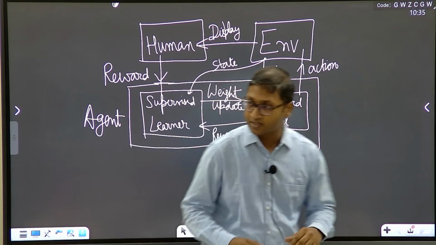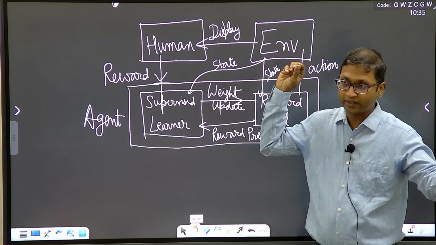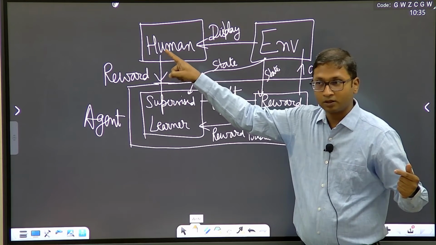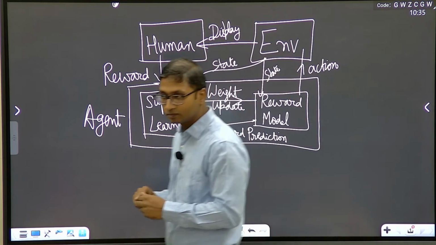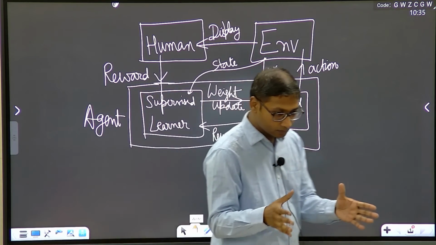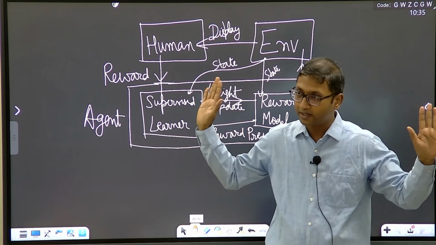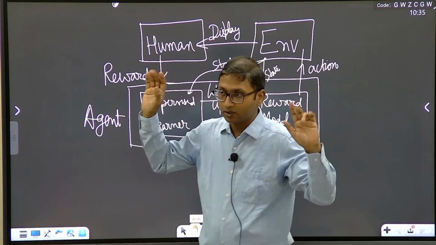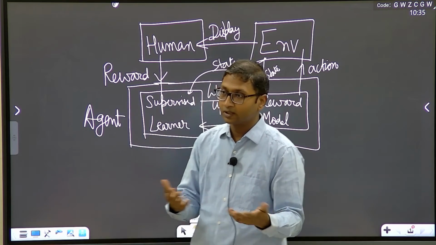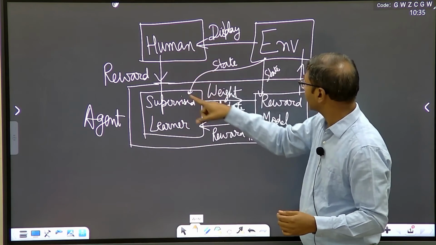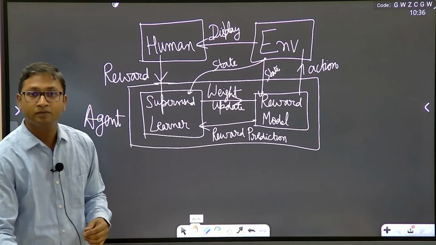The LLM generates something, I give it to the environment, basically the human gets to look at that, and the human is going to give me a reward on that. So this thing makes sense to me. I give the LLM a prompt, it generates some text for me, I am done generating my text, and I have no control over it now. This text goes to a human being who has to figure out whether this was helpful or not, and based on that gives me a reward. This cycle is fine. What about this guy? Where does this fit in?